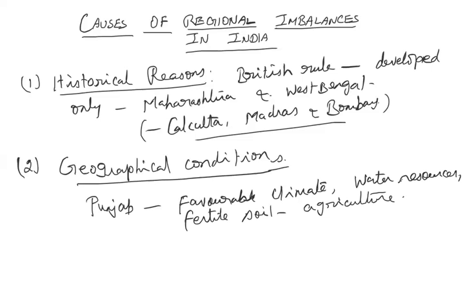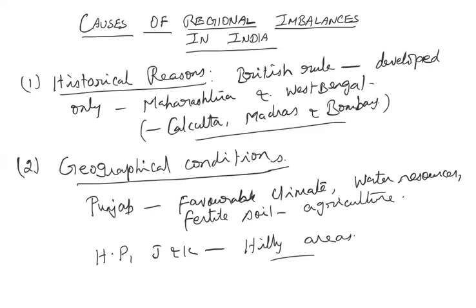But you take the other areas like Himachal Pradesh, Jammu and Kashmir. They are all hilly areas, isn't it? In hilly areas, it is very difficult to develop those states. So they all belong to the category of underdeveloped states. Because of the prevalence of favorable geographical conditions, some states, some regions become developed, and because of unfavorable geographical conditions, certain areas remain underdeveloped.